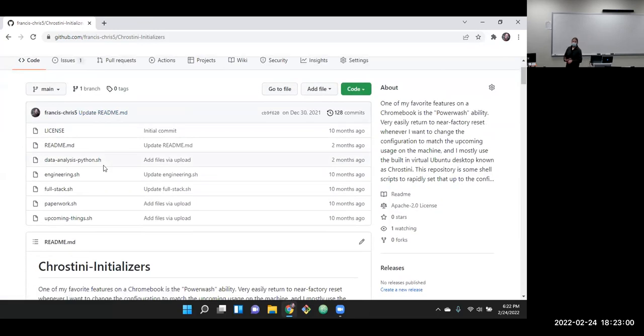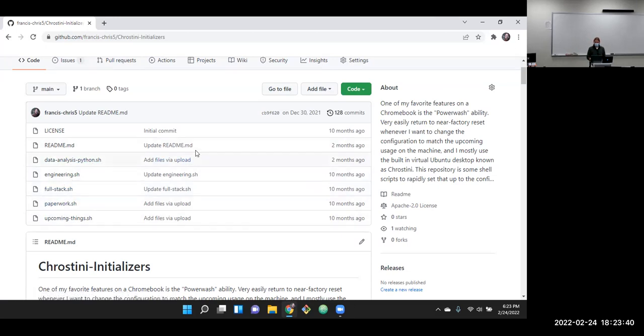for a Chromebook. I love how Chromebooks can be factory reset with one click. So I just have some Linux shell files so that I factory reset, edit, and change it to, say, an engineering one with CAD software, and a full stack one with virtual server and all the PHP, and then text editors and Python and Java and JavaScript, all the languages and everything, and all the stuff I need to test to do that.